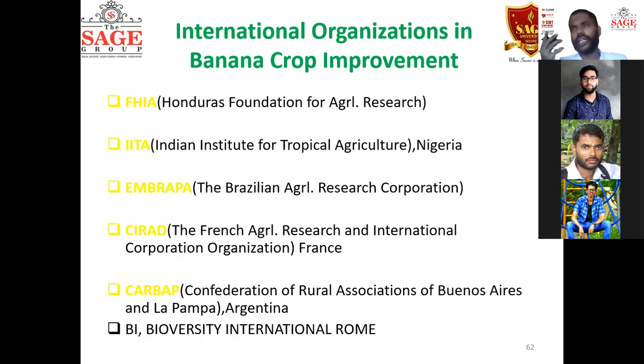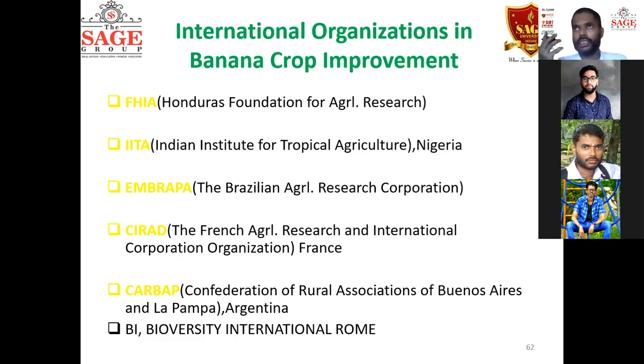So earlier, before this Grand Nain group, there was dominance of one other variety that was also from the Cavendish group. But because of some Panama wilt incidents, most of the plantation of that variety vanished. That variety was Giant Governor. So Giant Governor was dominant from 1960, 1970 up to 1980. But from 1985, this variety is ruling.